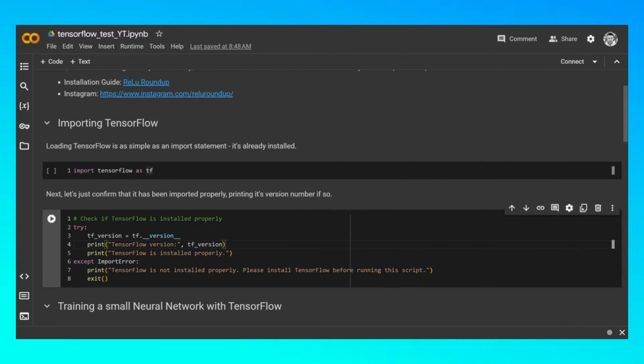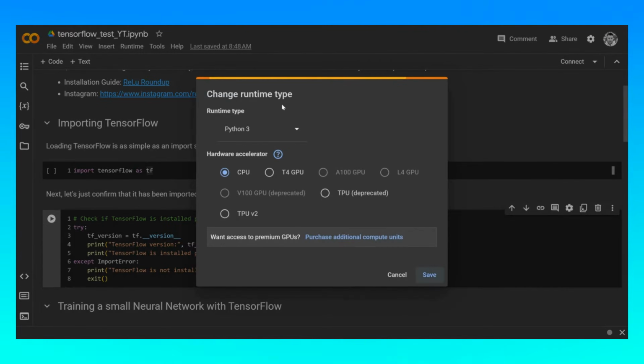So one of the other cool things about Colab is that you actually run your programs on Google's cloud. I know that not everybody has a latest GPU from NVIDIA on their computer, so this is actually one way to run more advanced models without the need to go out and buy those. You can actually go up to Connect, change runtime type, and this is how you choose what type of processor you want to run your program on. For early and quite simple machine learning models, you can actually just keep that on CPU. If you want to run that on GPU or Google's TPUs, which are much faster for larger models, you can